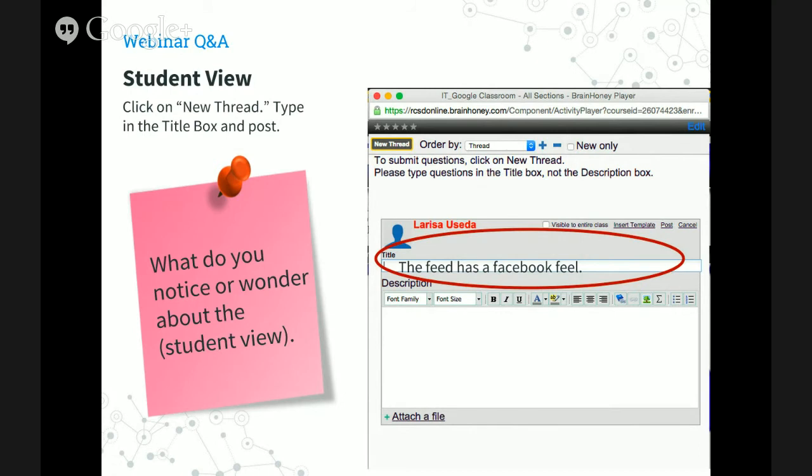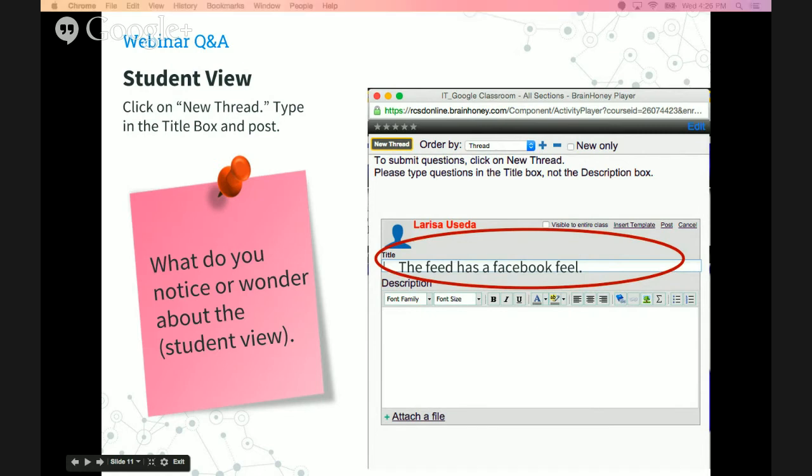We'll see what comes up on the Q&A. Again, something you notice or wonder about the student view. And then we'll be back and talk a little bit more about the student view.